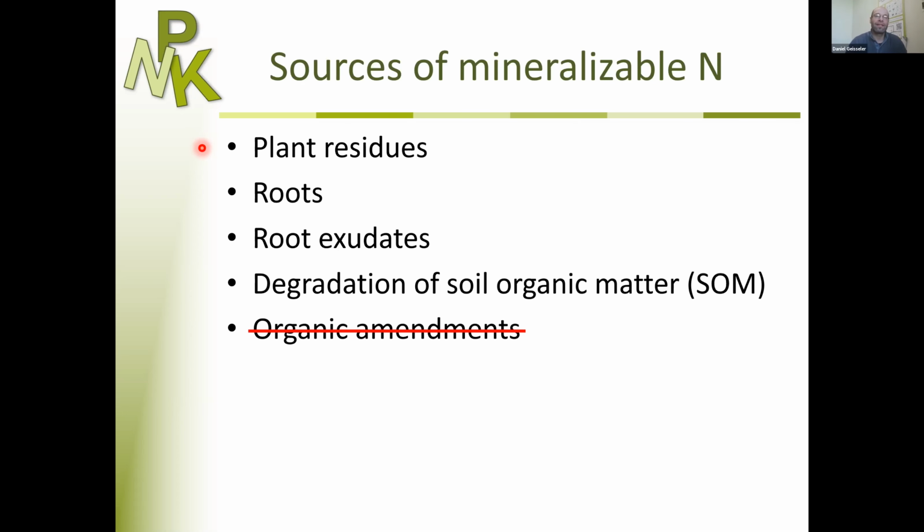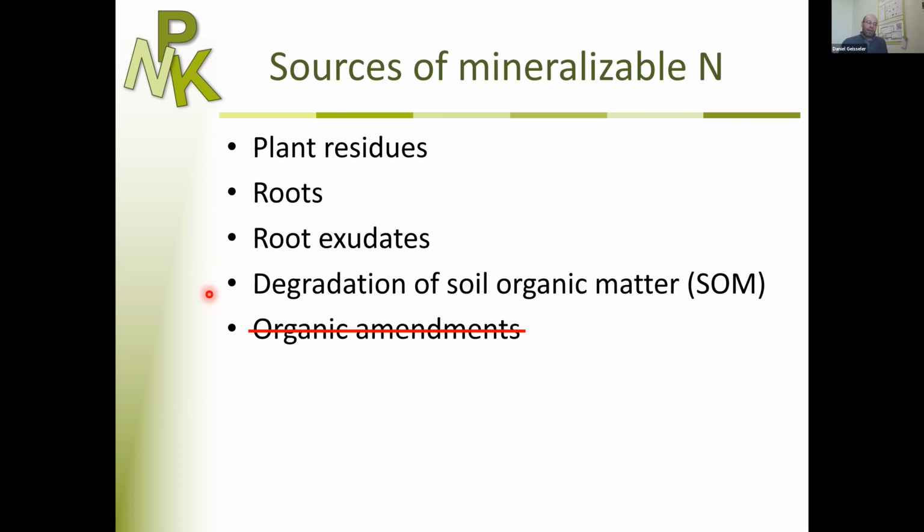So the above ground residues left in the field. The roots, they decompose at the end of the season. So that's an input in organic N. We also, during the growing season, there may be some root exudates that are released, and some of them contain organic forms of nitrogen. And if we see a decrease in soil organic matter, that would be another source of organic nitrogen added. So we did some budget calculations, how much is actually the input.